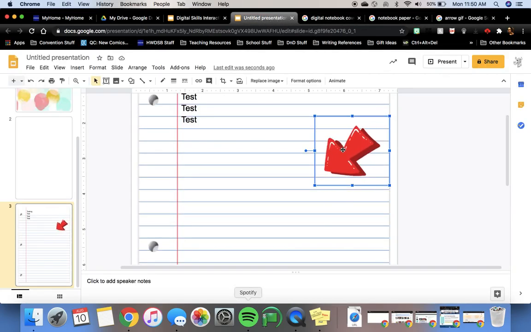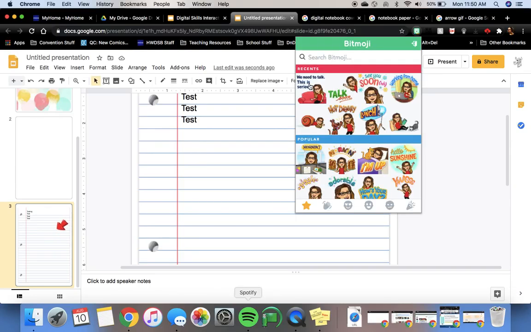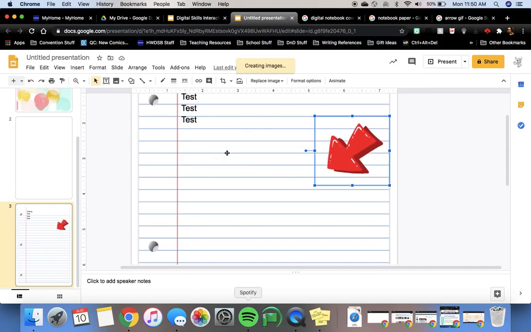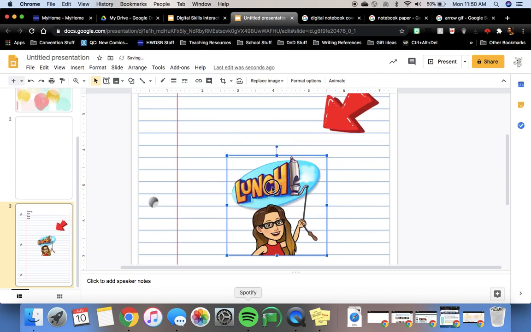If you have the Bitmoji Chrome extension, which I've talked about in another video, you can go ahead and search for yourself in the Bitmoji Chrome extension, and otherwise just click and drag. You don't need to save those ones. If you do save them, they will have a background, so I highly recommend that you use the website